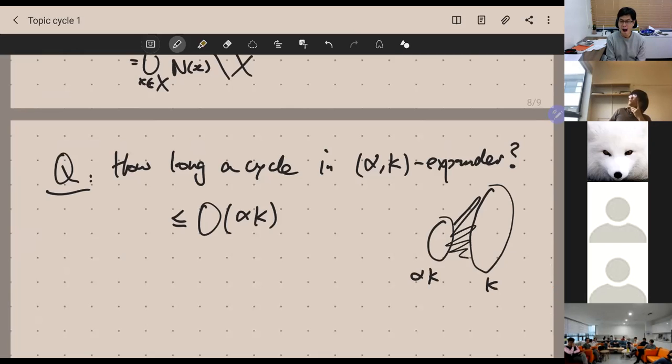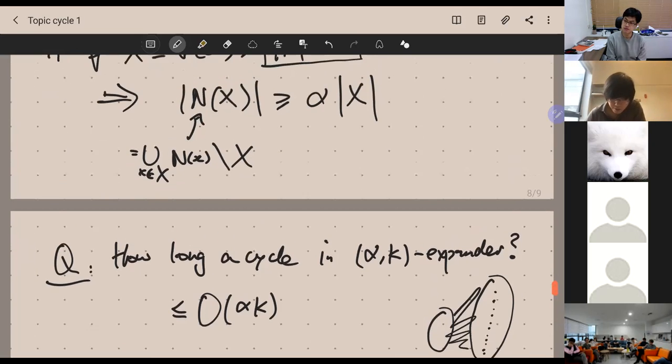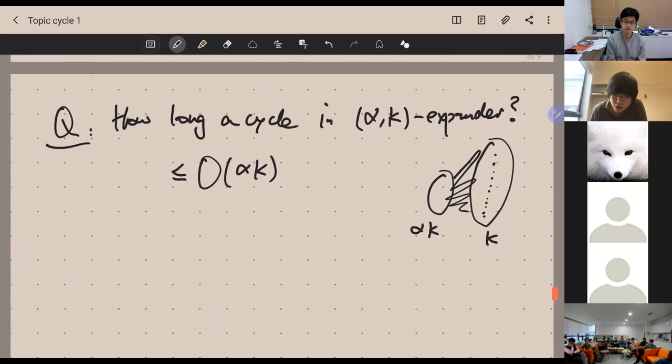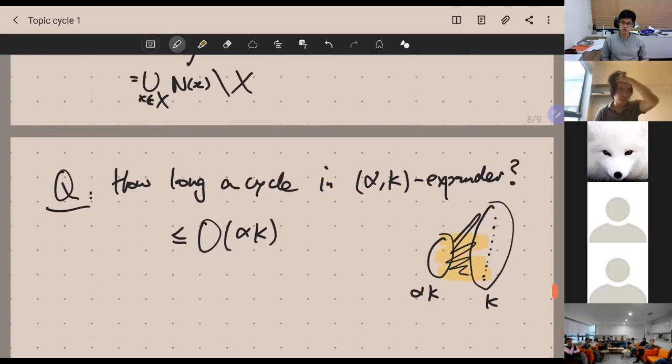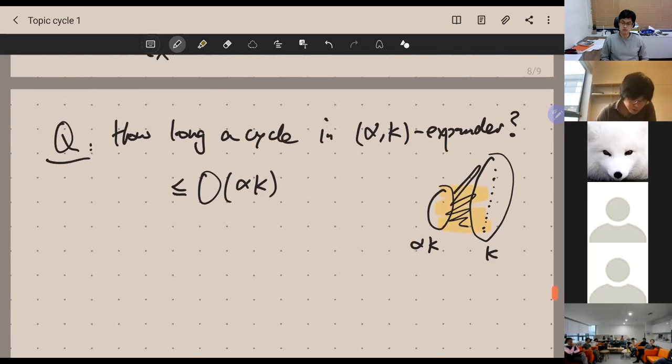So this is an alpha K expander, right? For sets up to size K, look at the right-hand side, its external neighborhood is at least alpha K. And the longest cycle here, you bounce back and forth, is twice the size of the other side, so it's 2 alpha K. And it turns out we can prove a lower bound within a constant factor of this optimal bound. So theorem